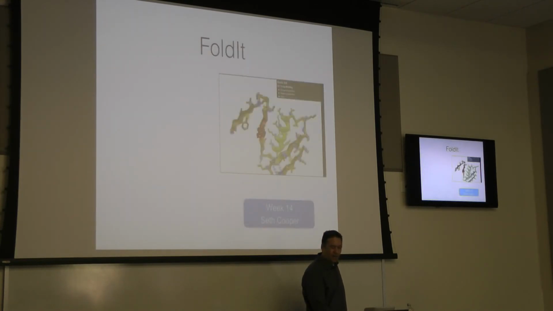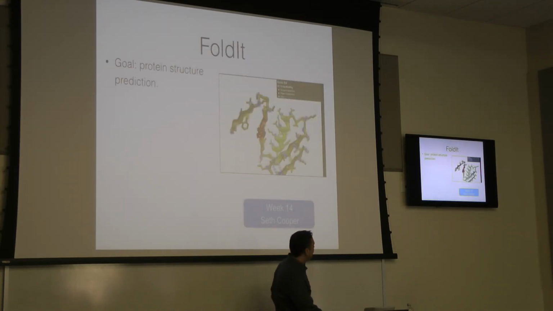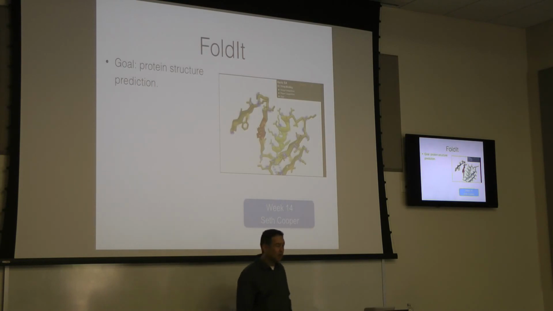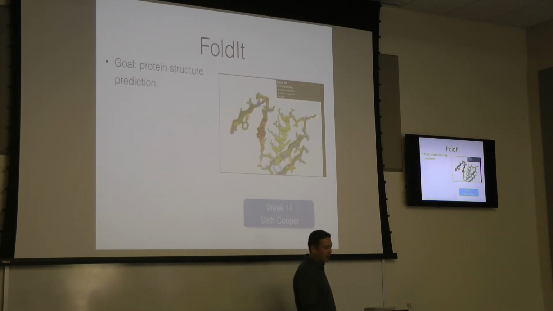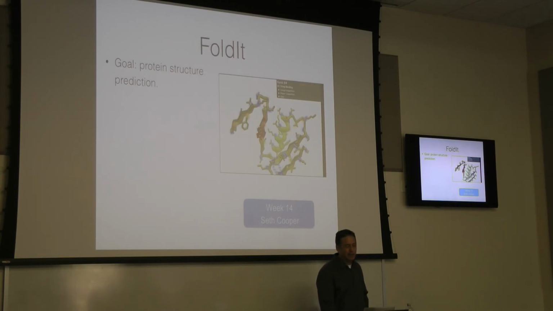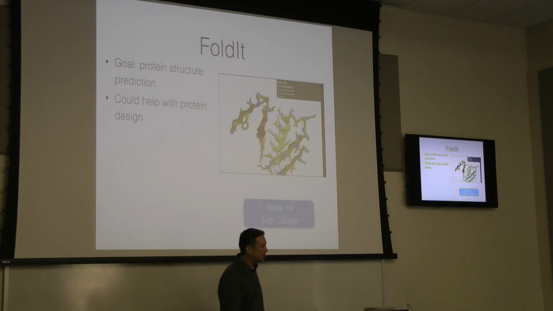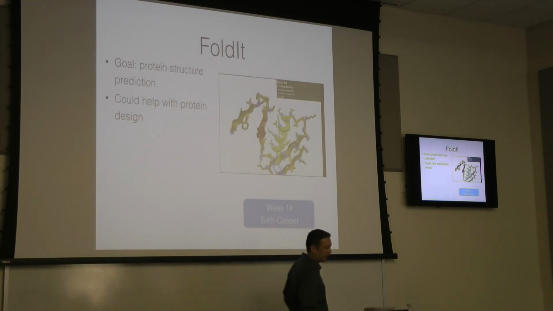All right, Foldit is very similar. Here the goal is not RNA structure prediction, but protein structure prediction. So again, with protein, you've got a 20-letter alphabet, and the shapes it could fold into are much more complicated. This is also called the protein folding problem. So given a sequence of amino acids, what shape will it take? Again, it's not completely understood, and again, by understanding it better, proteins could be artificially designed to intervene in various chemical and biological processes.